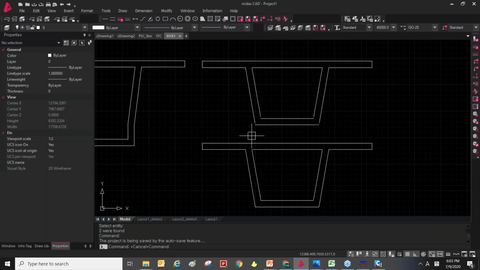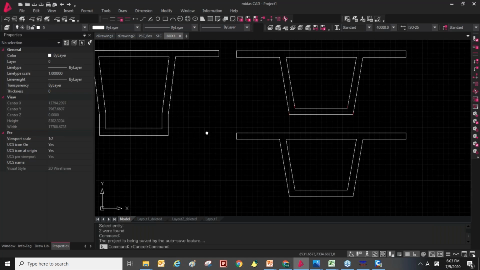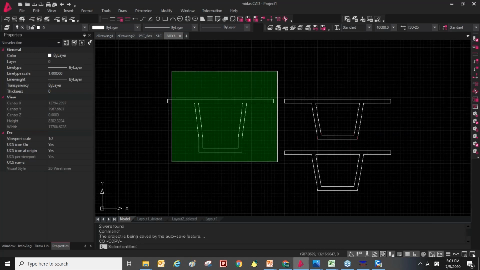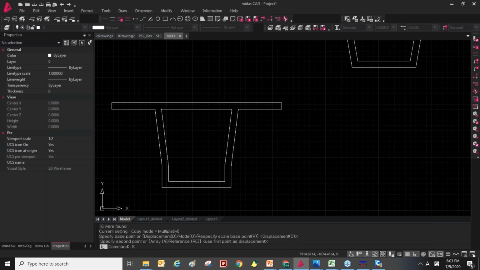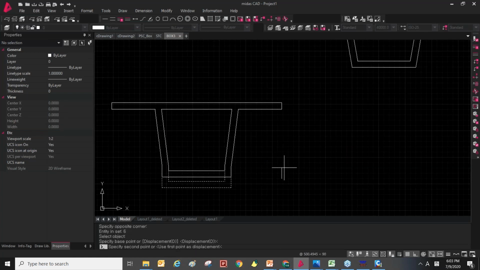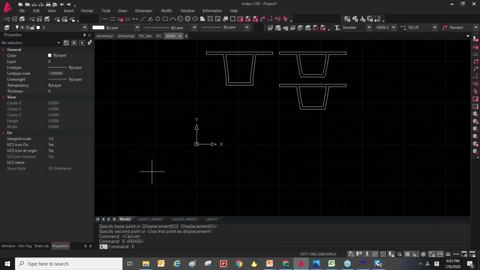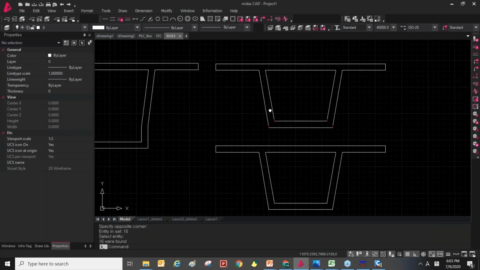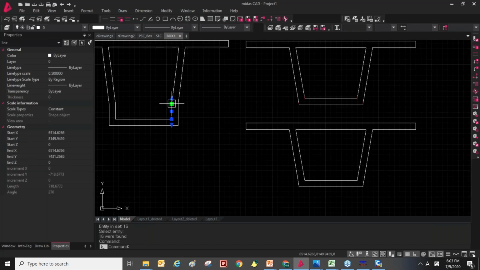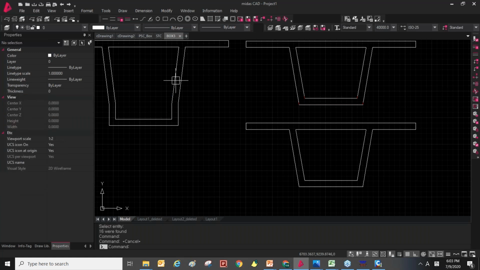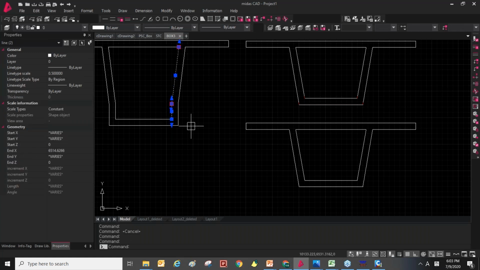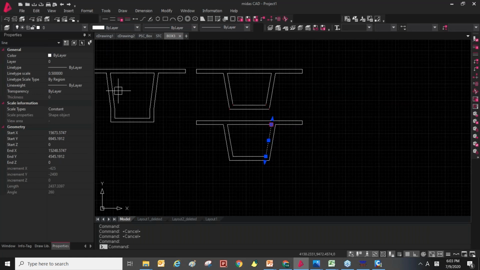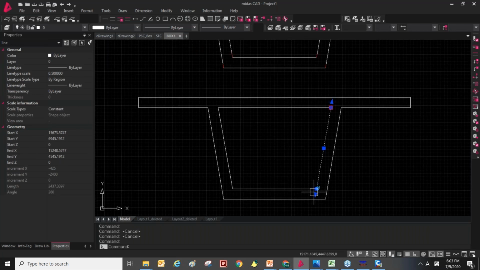sometimes we make a mistake and draw another section, like using this section and modifying or adjusting this section like this. So sometimes it makes some vertex issues. As you can see, there are 2 additional vertex. So it has 3 vertex, 1, 2, 3. But this section is similar to this section, but it has just 2 vertex.